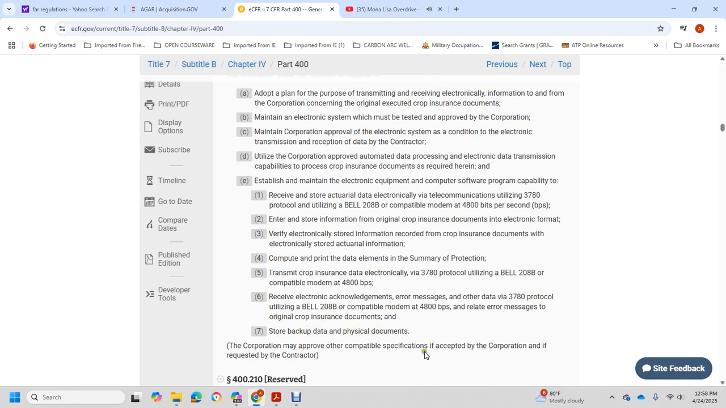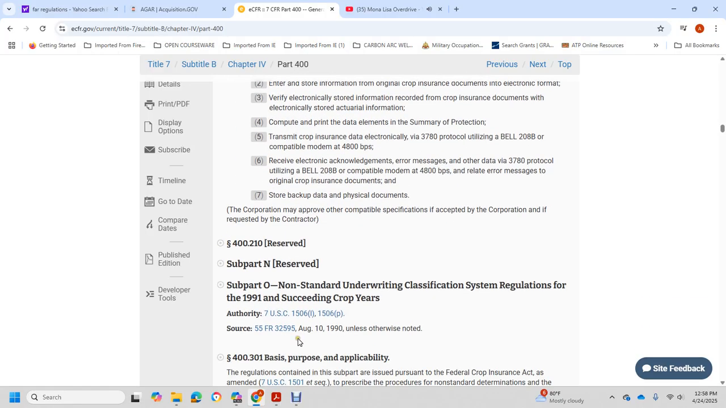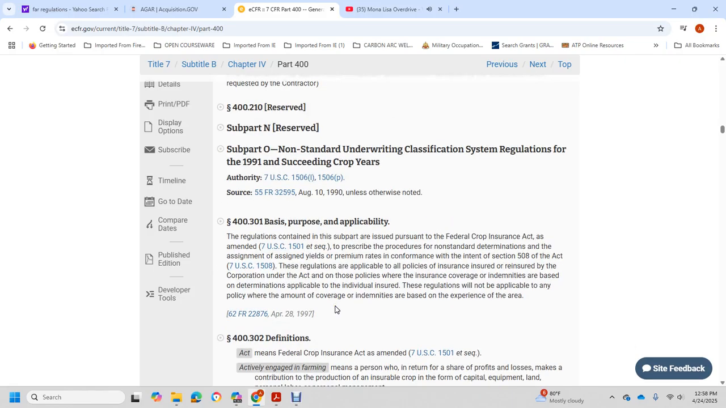The Corporation may approve other compatible specifications accepted by the Corporation if requested by the contractor. 410 reserved. 400 Subpart N reserved. Subpart O, the non-standard underwriting classification system regulation for the 1991 and succeeding crop years. Title 7 U.S. Code 1506, 1506(p). 40301 basis and purposes: acceptable regulation contained within the subpart, issued under the Federal Crop Insurance